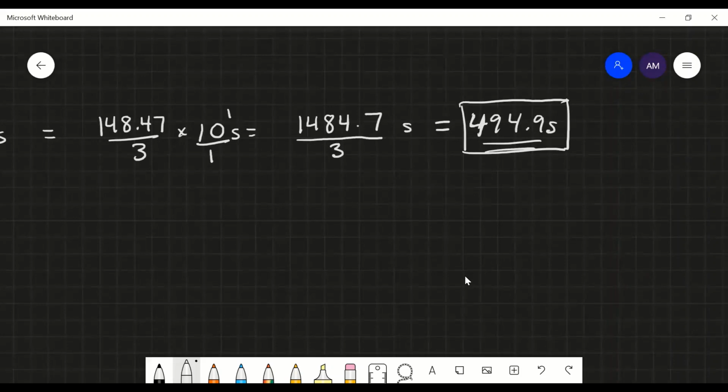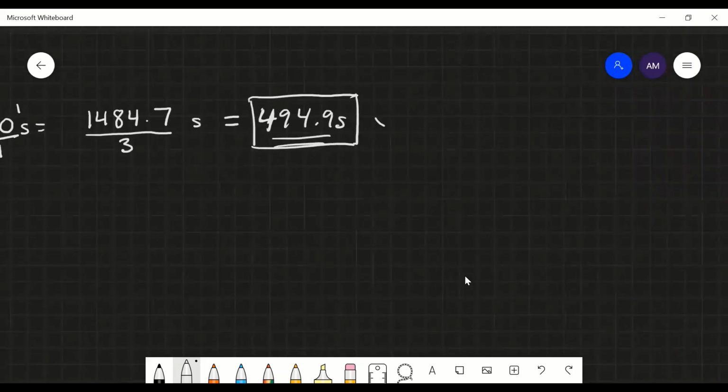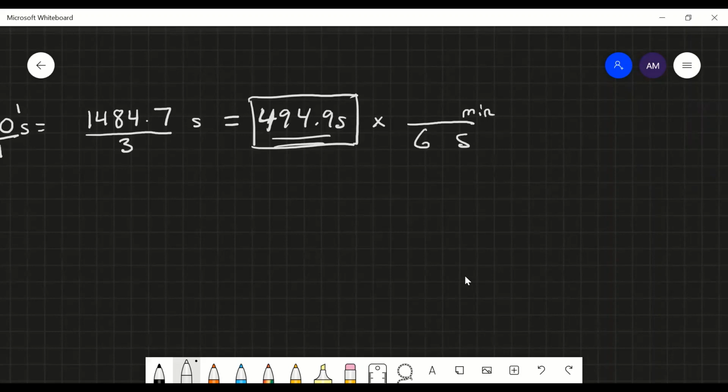I may be more interested in finding how many minutes it would be. So we can continue. Let's try figuring out times. Well, let's cancel out the seconds and put minutes in its place. So as long as you know how many seconds are in a minute, or minutes in a second, although seconds in a minute would be easier, we can do this conversion straight right away. So 60 seconds happens to be the same as 1 minute. So that will cause the seconds to cancel, and we're left with 494.9 divided by 60